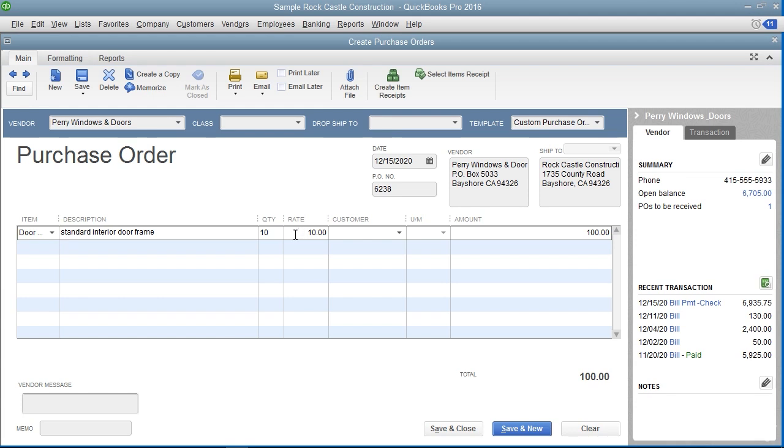To enter a message to the vendor, type the message into the Vendor Message field. You can enter a memo into the Memo field if needed. After you have completed the purchase order, you can click the Save and Close button to save the purchase order and close the window, or click the Save and New button to save the purchase order and open another new